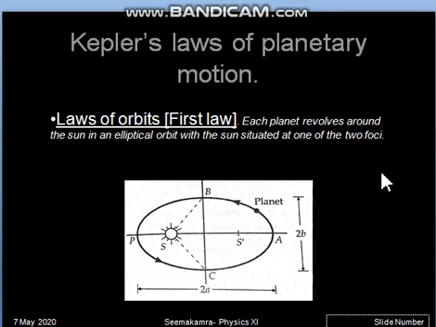But this assumption was wrong. Kepler studied the planetary motion, and he gave this idea that all the planets revolve around the sun in elliptical orbits. All the planets have different elliptical orbits of different sizes, but the shape will be elliptical. Secondly, we can see here two positions S and S dash. So these are the sun positions. So it was stated that the sun will be situated at one of the two foci.